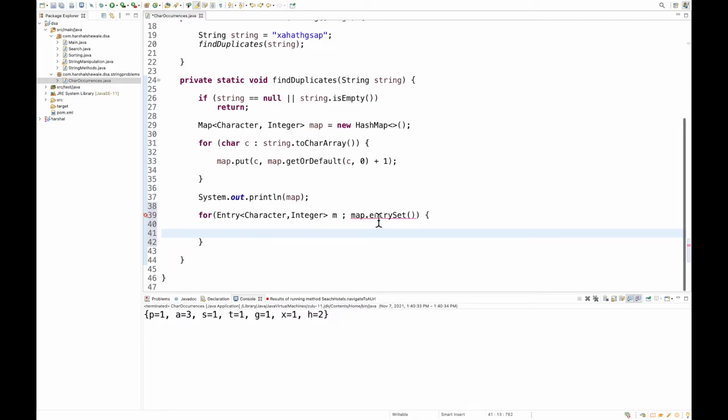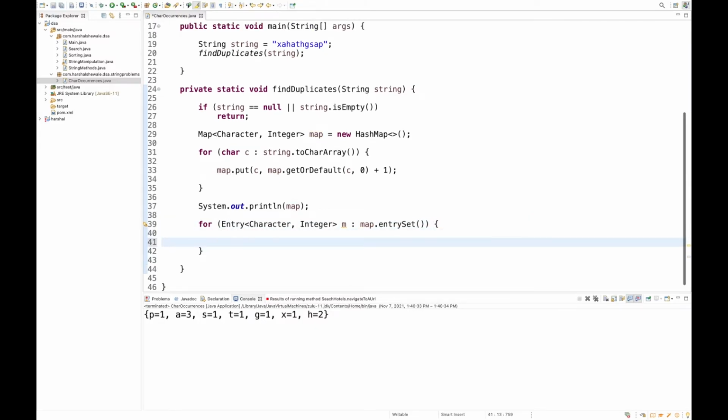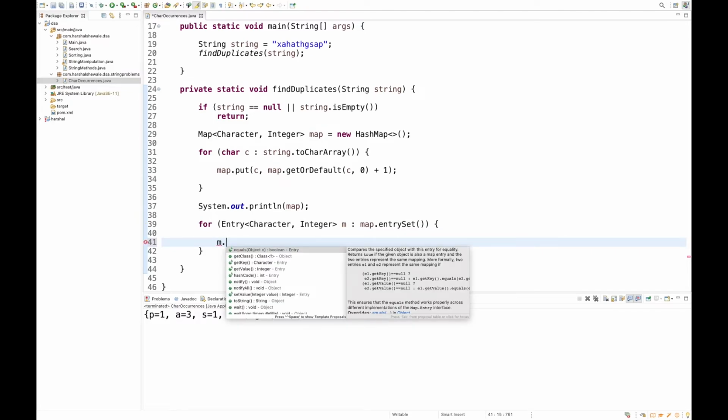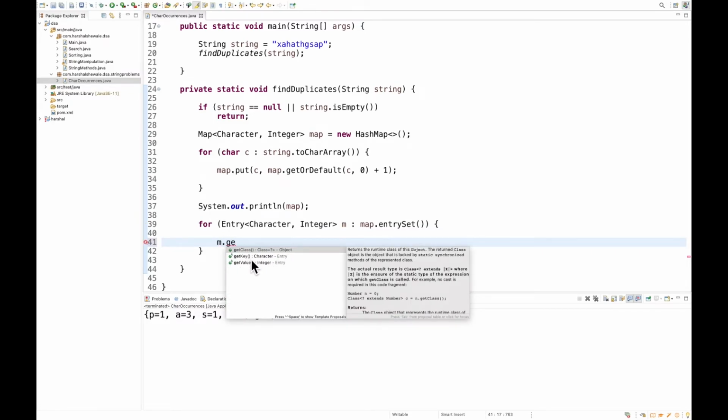Let's import the Entry first and entrySet. When you take the entry set, you will have both key and value. You can see you can get the key and value as well, because we need to print both key and value. That's why we took the entry set instead of taking just keys and values. So we will have both key and value.